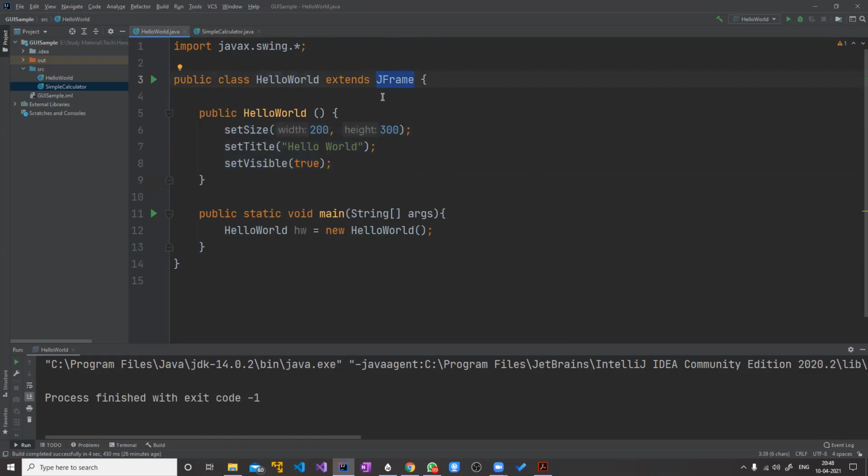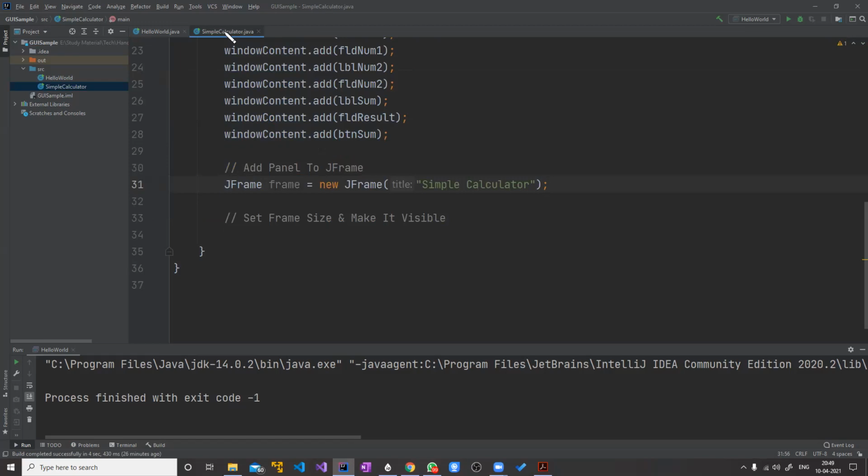So this extend can be done, I mean you can extend a class from a concrete class as well as abstract class. And what is the limitation of an abstract class? You cannot create an object of an abstract class. Are you able to create an object here? Is it giving you any error? No. So that means we are able to create an object. Oh, okay. So it would be concrete, right? So this is not an abstract class. This is a full-fledged concrete class whose object can be created.